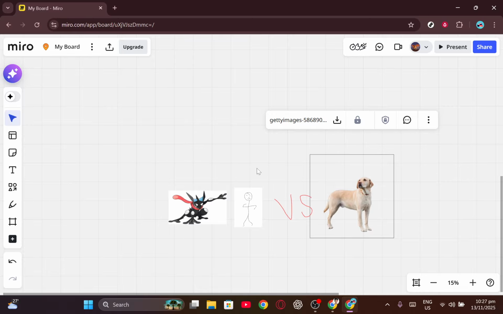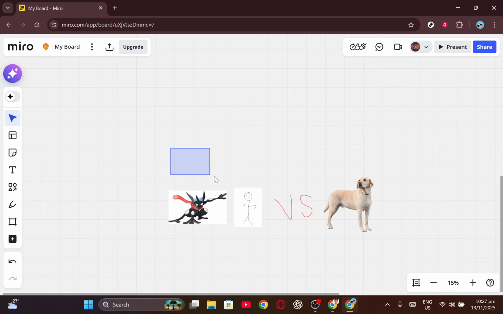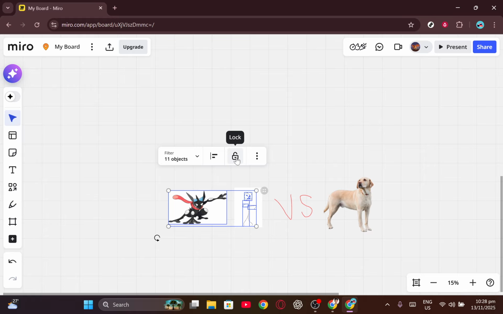But what if you have multiple items you need to lock simultaneously? Miro has made this just as straightforward. You'll simply need to click and drag to highlight all the items you want to lock. This action will select all the items within your selected area. Once your items are highlighted, look for the toolbar that appears at the bottom of your screen. You'll find the lock icon there, clearly marked. With one click, all the items you've selected will be locked, ensuring your board remains organized and your content stays